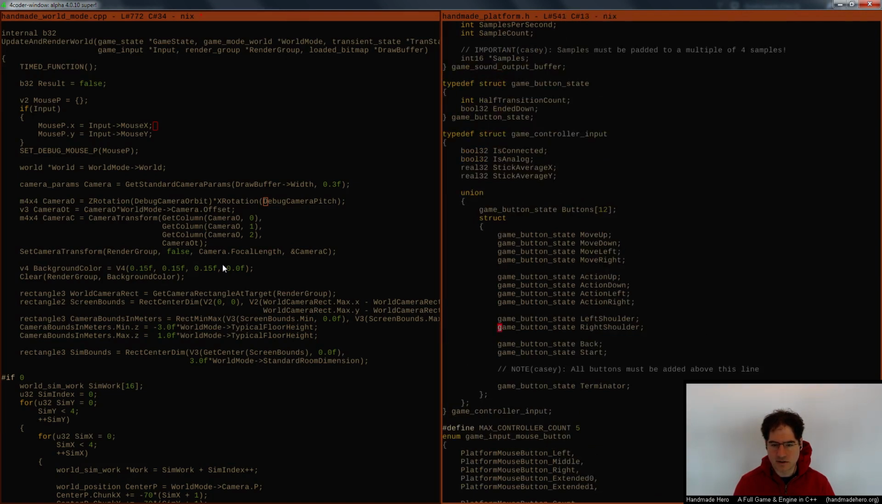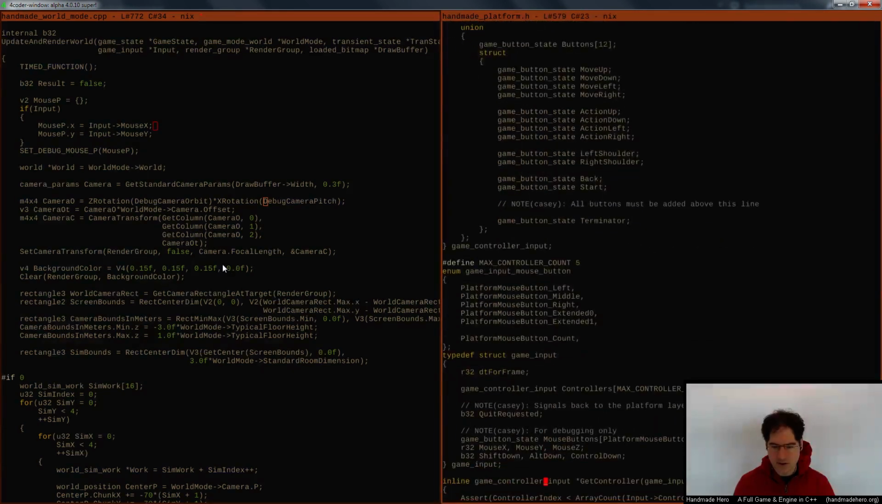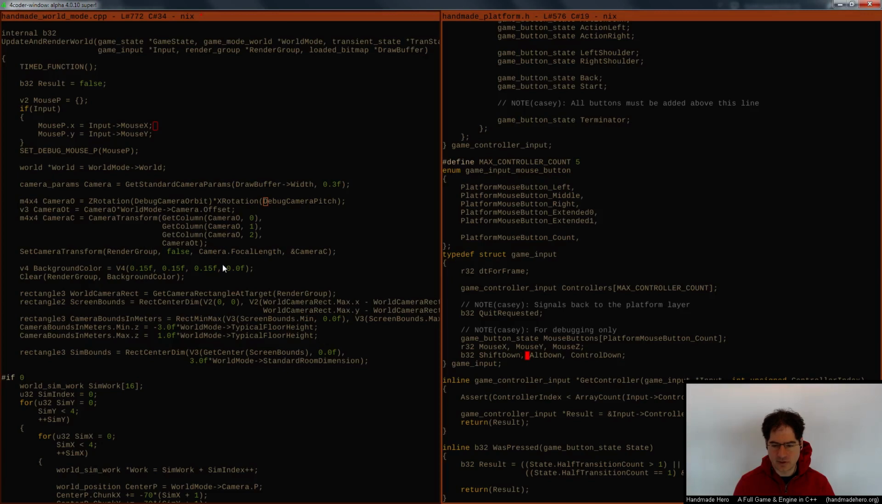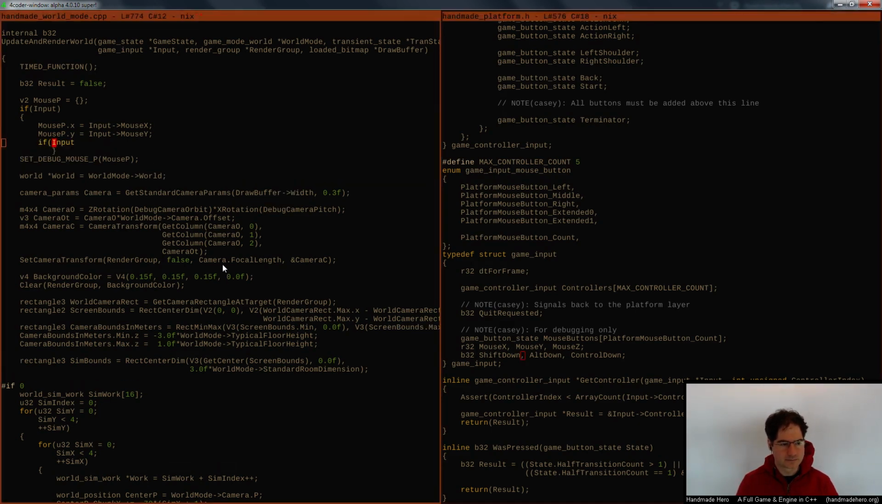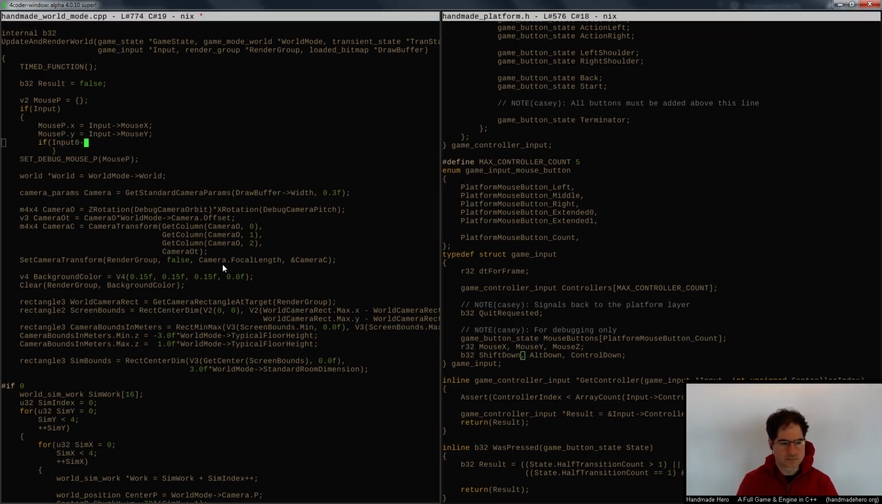We can see here we've got game controller input, which is not what we care about. Mouse button. So there we go. We've got Shift, Alt, and Control, which should be good. So I'll just use the Alt key for this and say if input Alt down